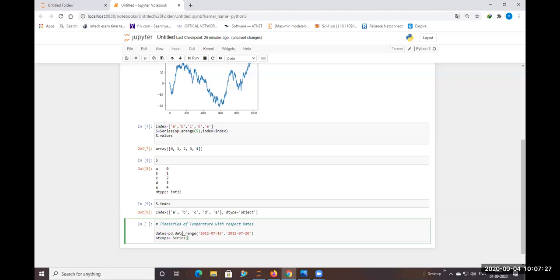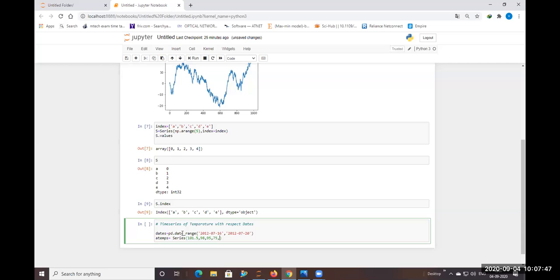So 5 days I have taken, and I need to assign a series of values for the temperature on those days.